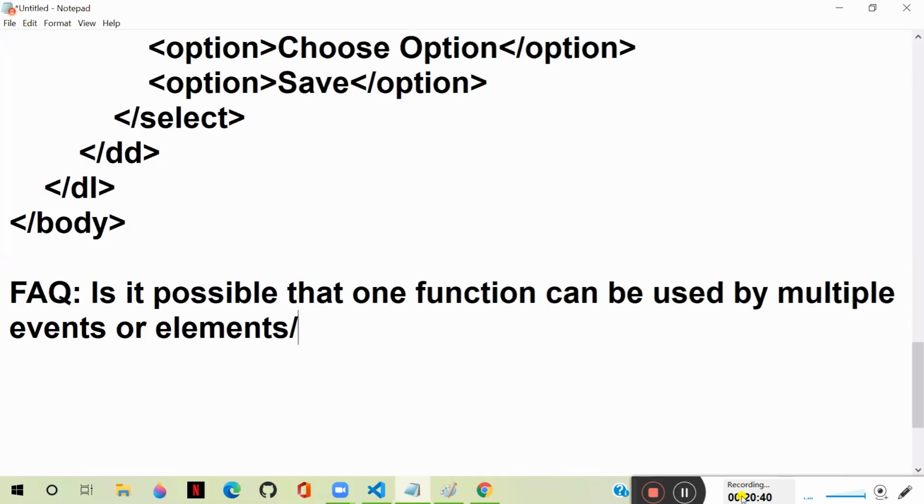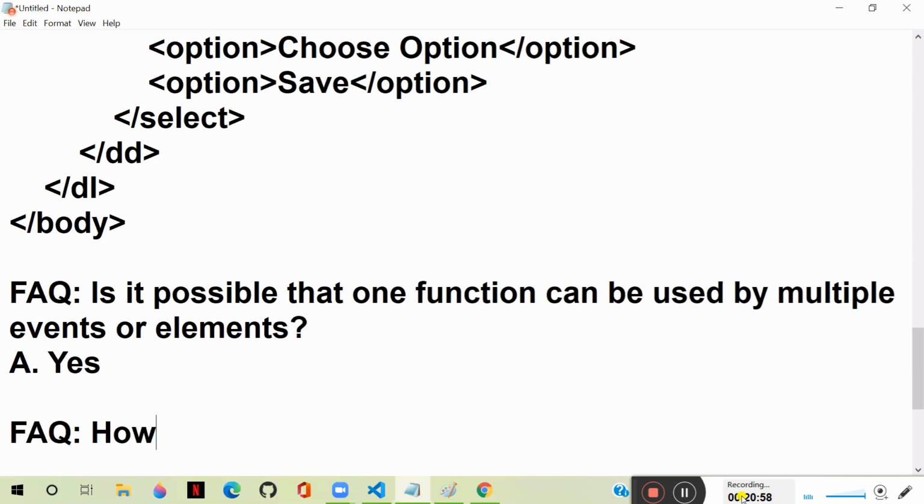That is the answer we have given now. The answer is yes. It is possible that one function can be used for multiple events or elements. That is the point we have discussed, right? It can be used. Now another question is